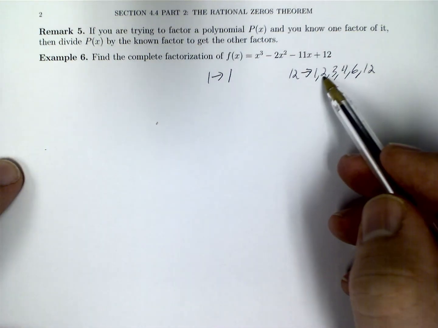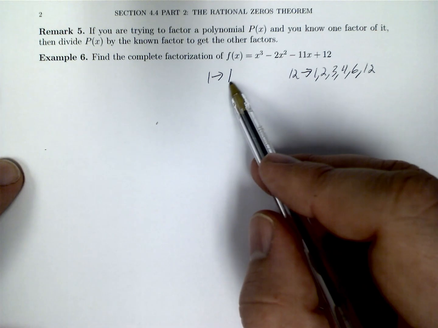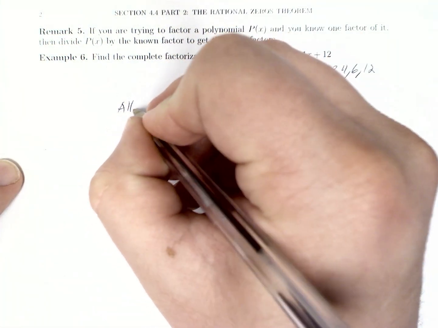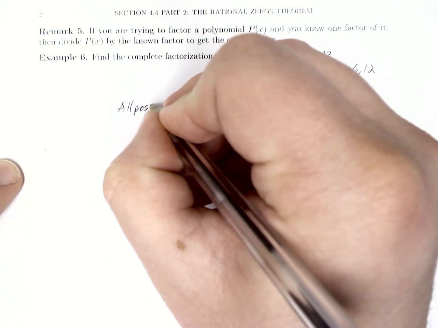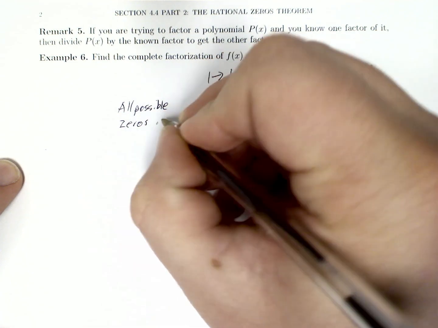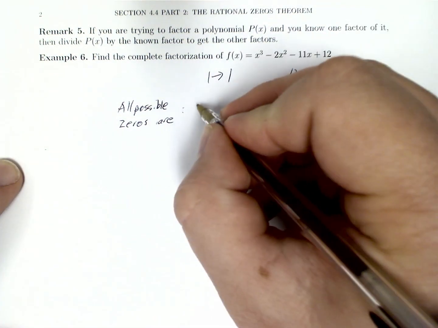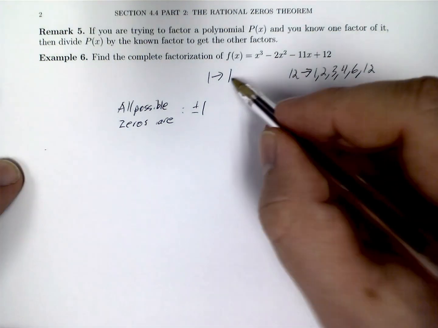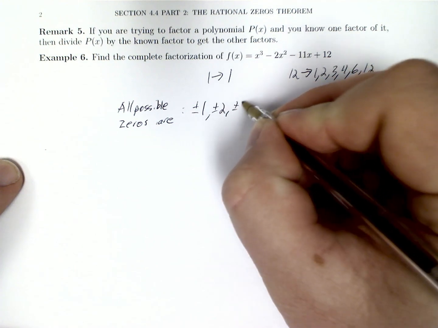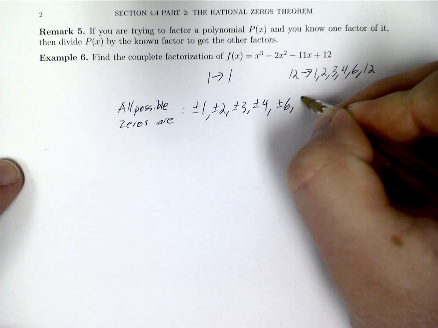So, by the way, since these are all from the coefficient, they're always divided by factors of this. You're dividing by 1 in each of these cases, so all possible zeros are plus or minus 1. Again, it's always over this 1, so it's always just going to be these numbers: plus or minus 1, plus or minus 2, plus or minus 3, plus or minus 4, plus or minus 6, plus or minus 12,